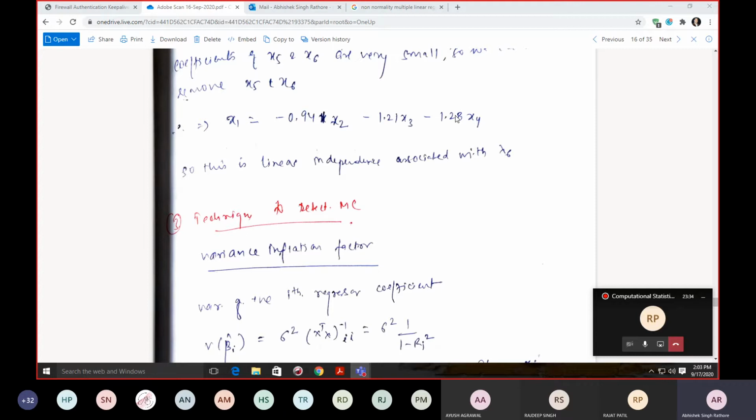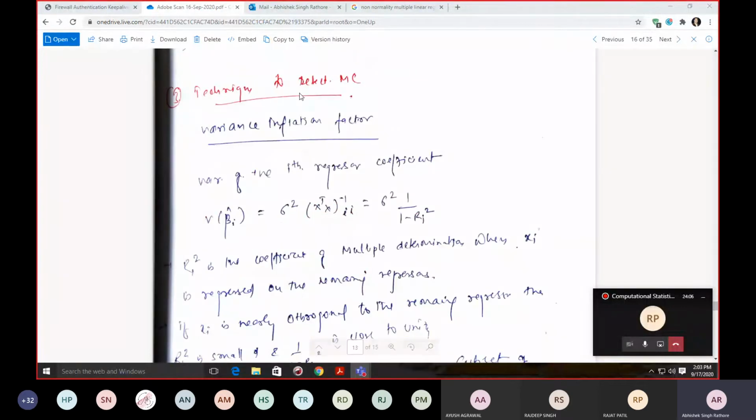So this is how we calculated that this x1 is dependent on your x2, x3 and x4. So this x1 is making problem in our data. Till now, what we did was only identify that multicollinearity exists. Now when we have to identify all those values, we have to go for eigenvector and eigenvalues decomposition. So we'll get which attribute is creating problem in your data. Now again, another technique which says how to detect your multicollinearity.